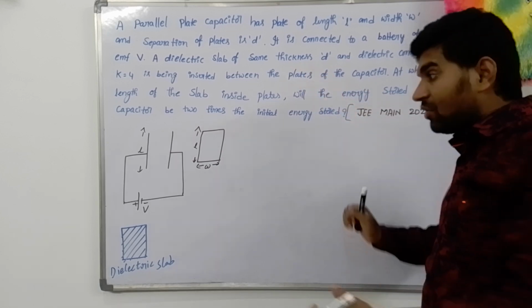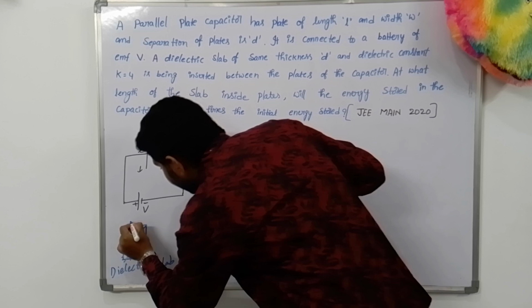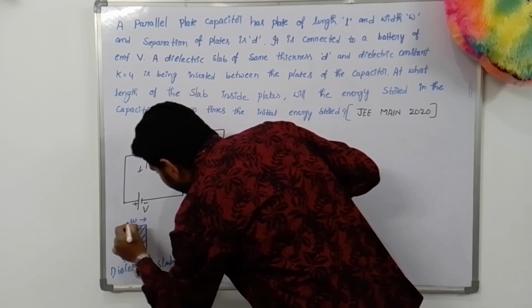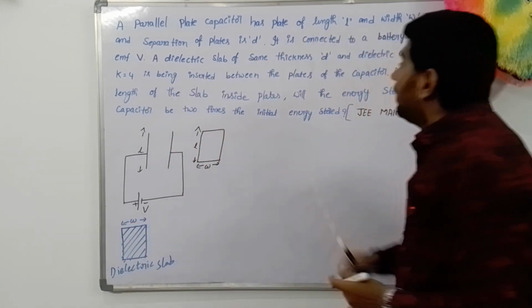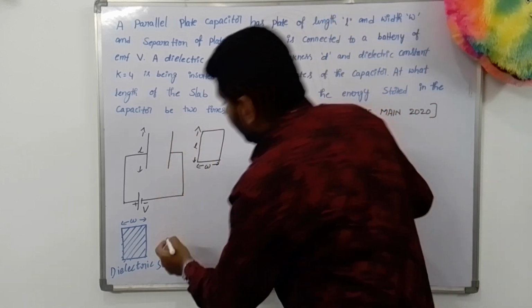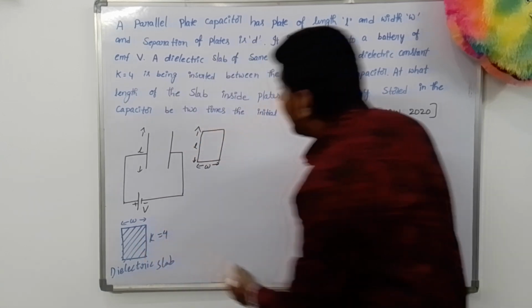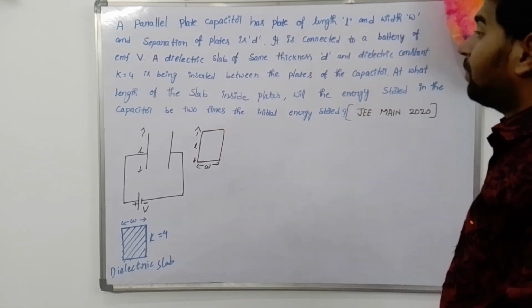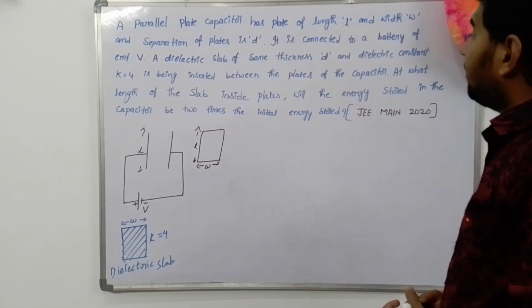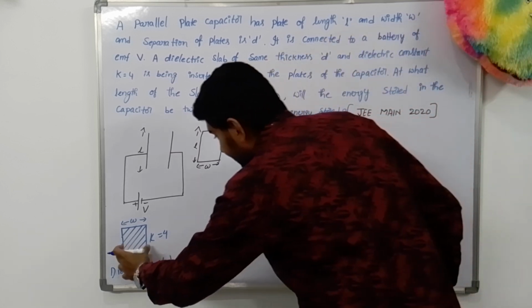Same thickness means what is the thickness of the parallel plate? D. Here the slab thickness is also D, both are the same. And what is the dielectric constant? Dielectric constant K is equal to 4, where K is the dielectric constant, is being inserted between the plates of the capacitor. If this dielectric slab